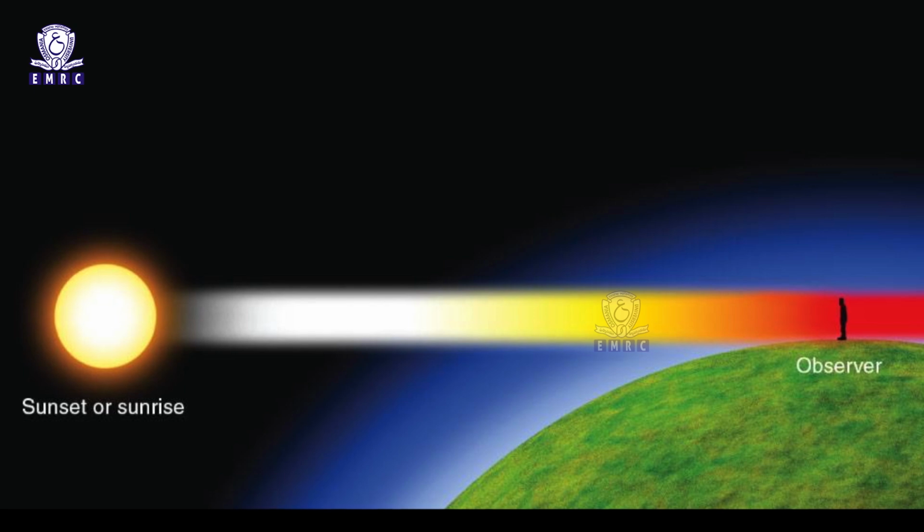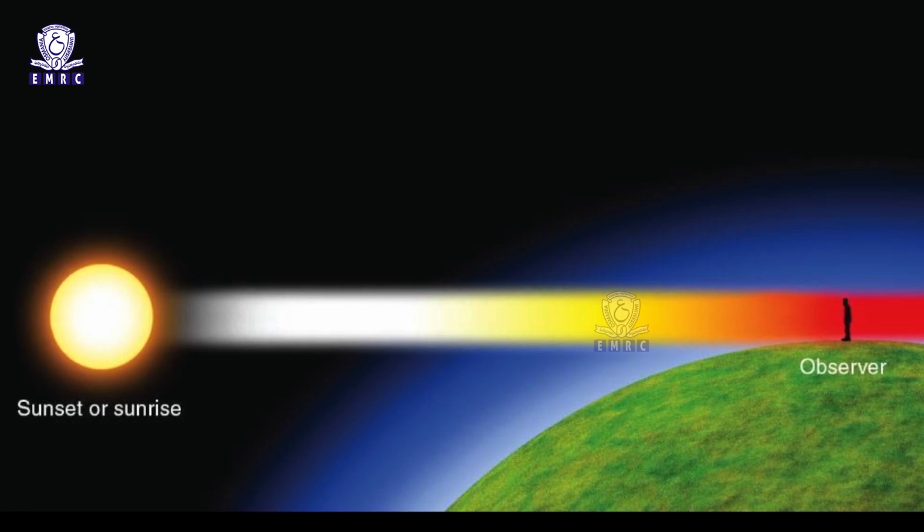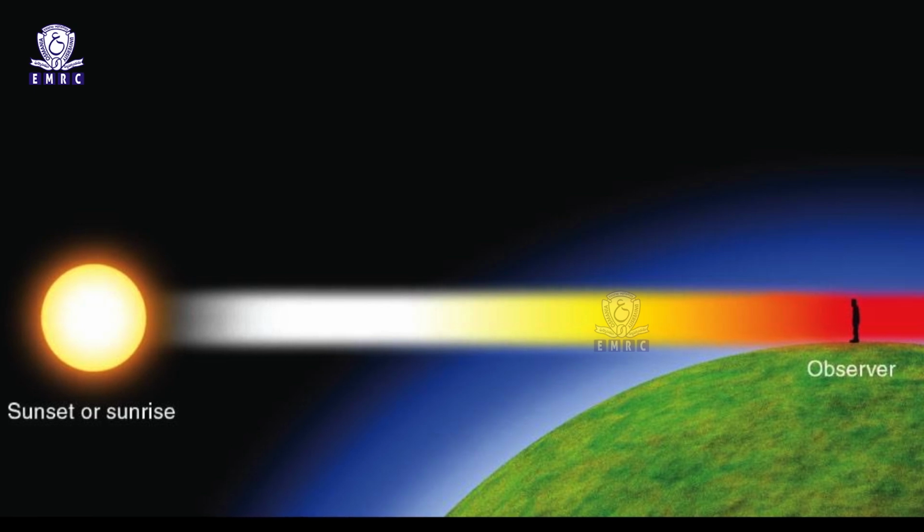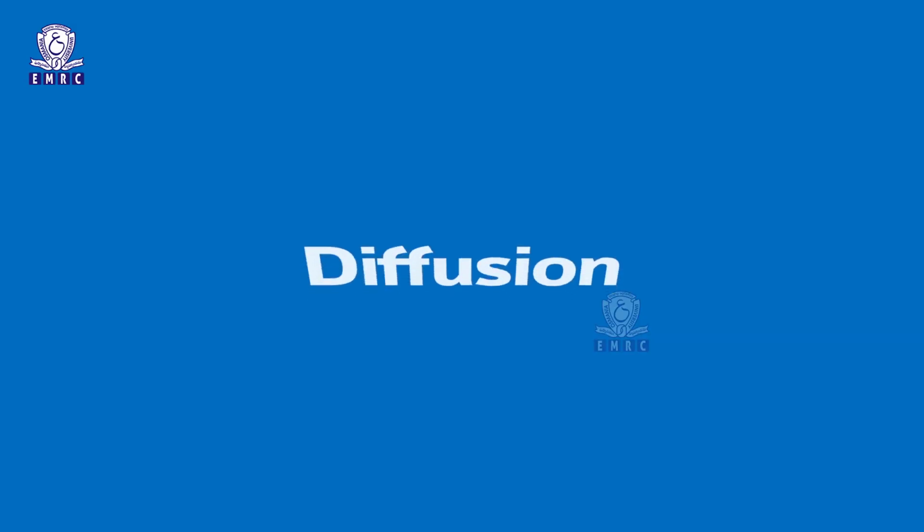At sunrise and sunset, the oblique rays have to pass through the longest path of the atmosphere. Hence, all the color spectrums except red and orange are scattered. It is only the red and the orange colors that reach our eyes. This accounts for the reddish hue of the sky during the twilight hours.